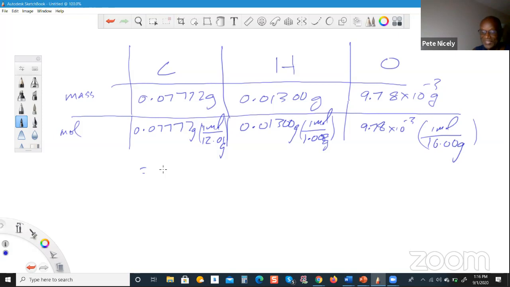So according to my calculator, 0.07772 divided by 12.01, rounded off to 4 sig figs, I would get 6.741 moles. Do the same thing for the hydrogen, which is 0.013 divided by 1.008. And according to my calculations, when rounded off to 4 sig figs, that would be